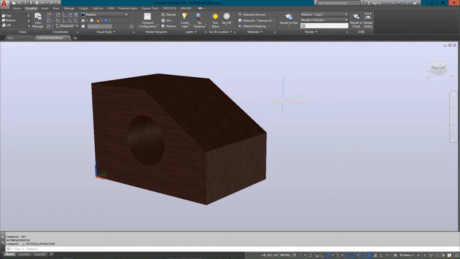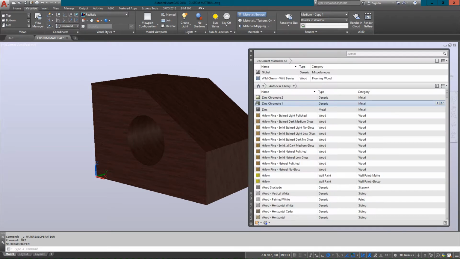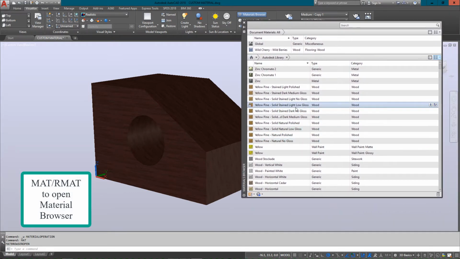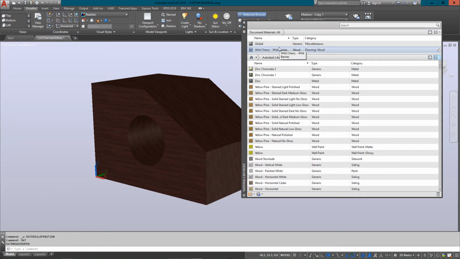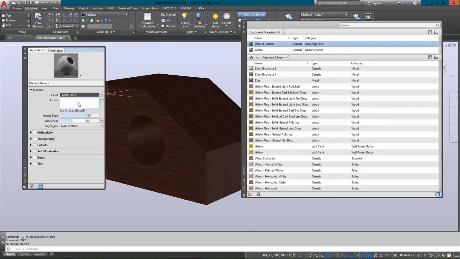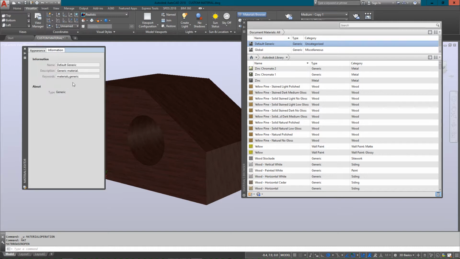So let's get started. First thing you want to do is make sure you have your material browser open. Just type in RMAT or MAT and that will work. And we're going to go right down to the bottom here and go to New Generic Material. So I'm going to click that and it opens up a new window for me, and I'm just going to go in and call this,